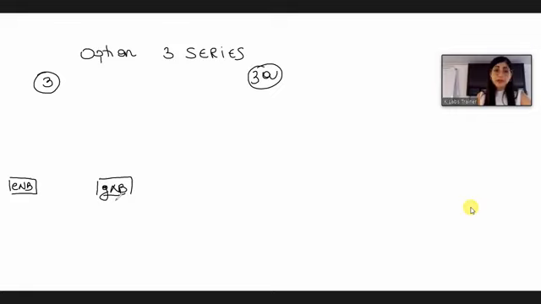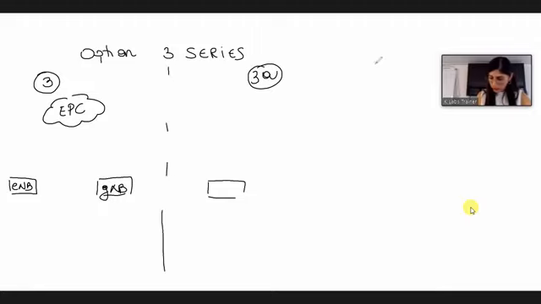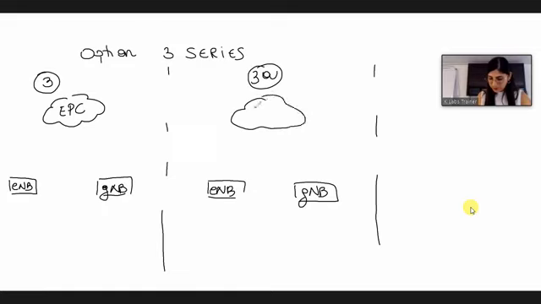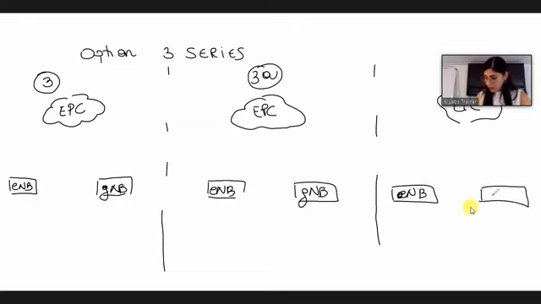And the core network is the 4G core network, the evolved packet core, EPC. This is what is in common between our 3 options inside the family of option 3.